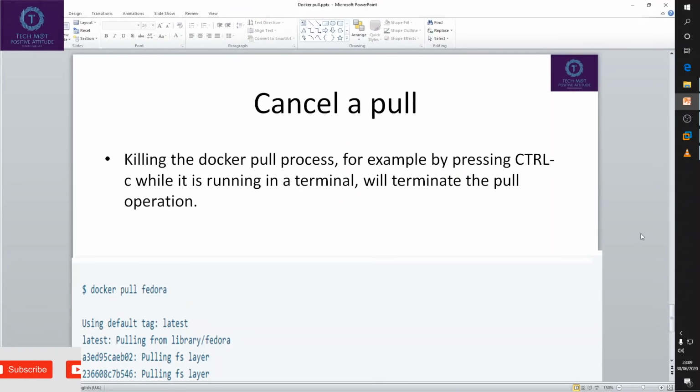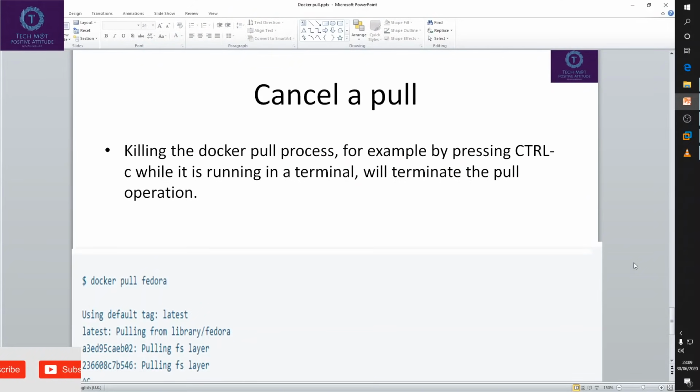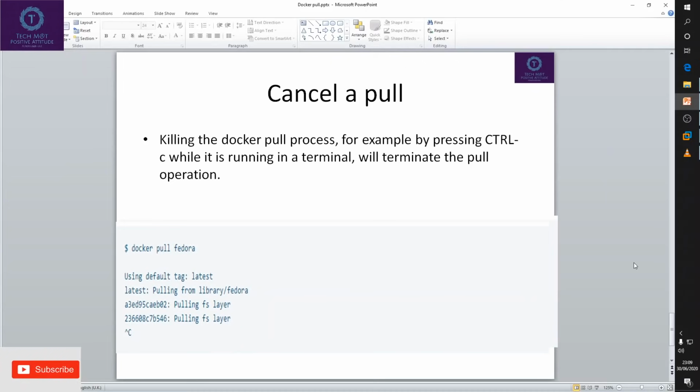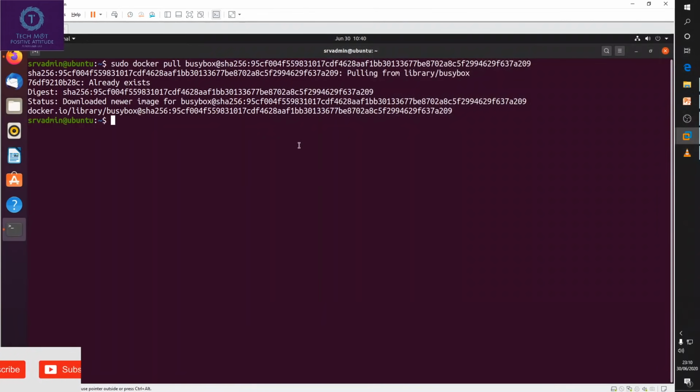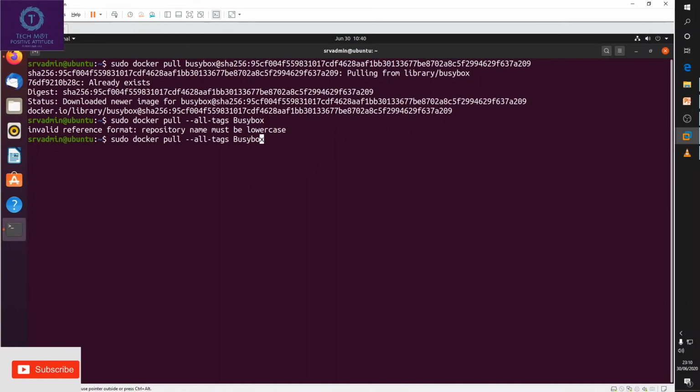Also, I will show another. If you want to kill the process in the middle, just press Ctrl C. It will stop pulling the image. I will show you both the commands now. It first checks in your system whether the images are there.